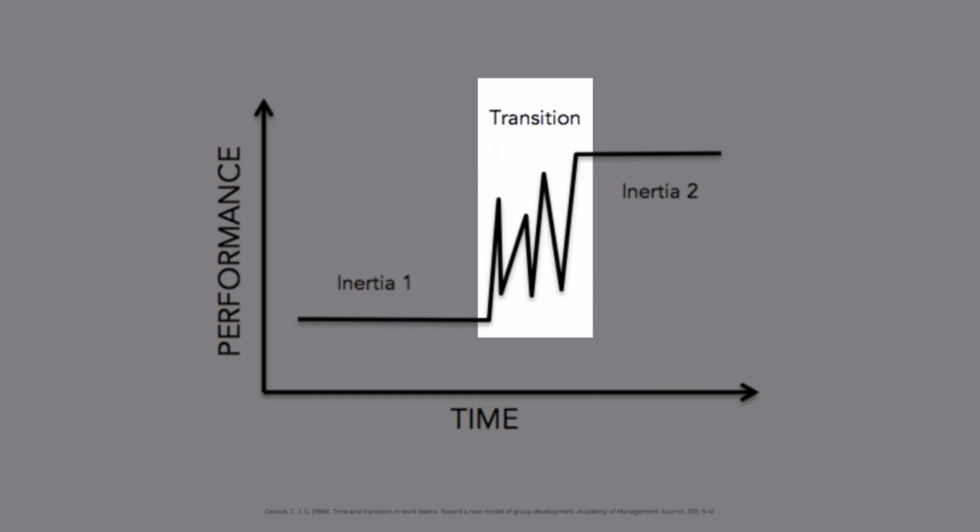Next, some factor or event triggers a sudden period of change and growth. Examples might include the loss of a leader, a change to the task, or a reduction in resources, like time or human capital. At this point, members have to find new ways of working together and adjust their frameworks and behaviors. Their performance may temporarily suffer throughout this transitional period.